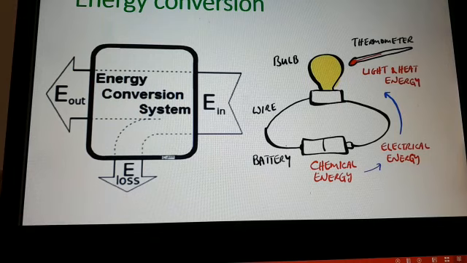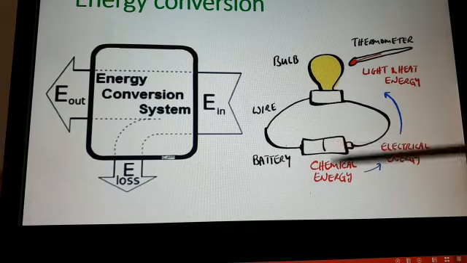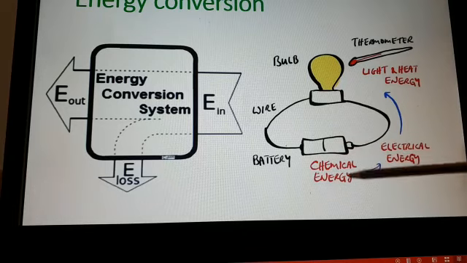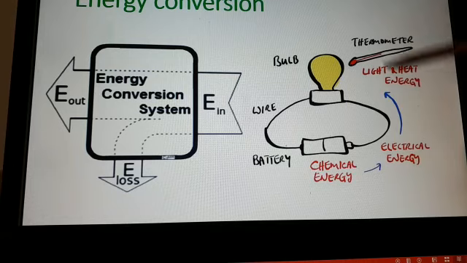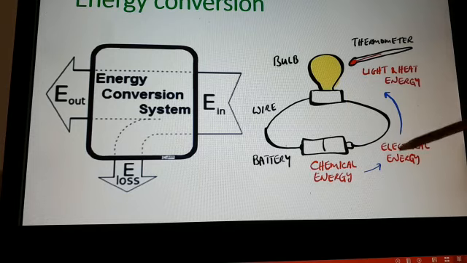Sometimes an example is given: say this is a circuit, the bulb is glowing. The power source is a battery, and the battery has chemical energy. This chemical energy changes into electrical energy, and the electrical energy is converted into light and heat energy. Energy cannot be created or destroyed, it can only be changed from one form to another. So what energy conversion is happening here? Chemical energy changes into electrical energy, and the electrical energy is converted into light and heat energy. This is an energy conversion system.